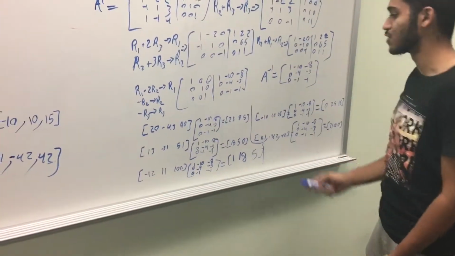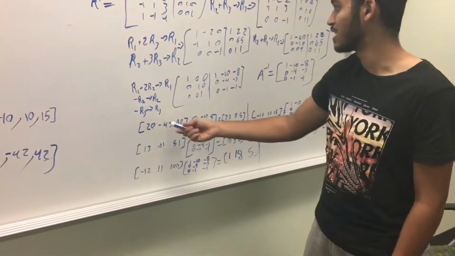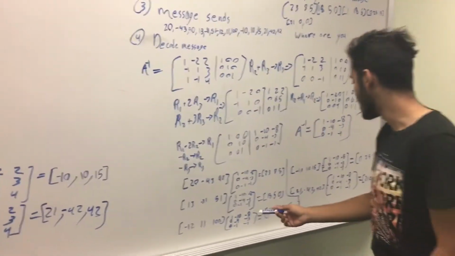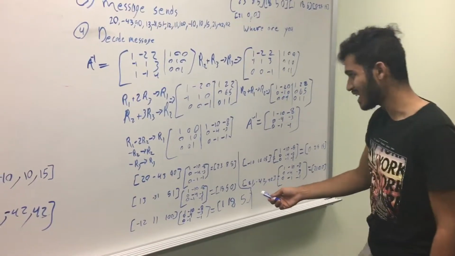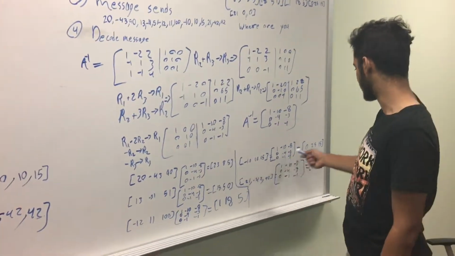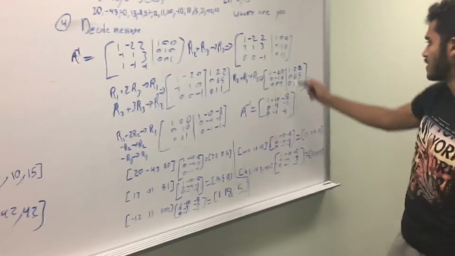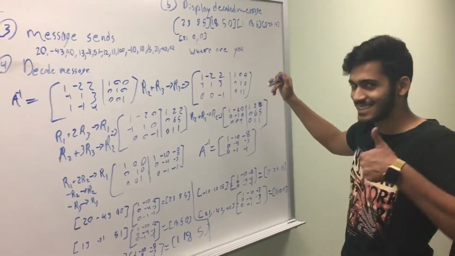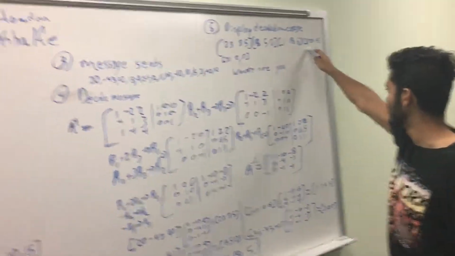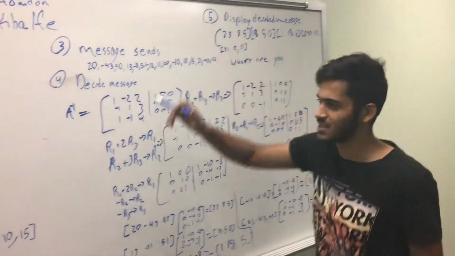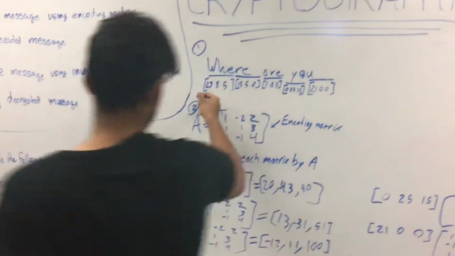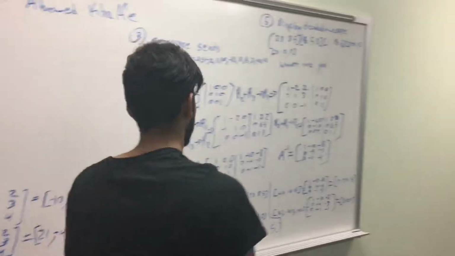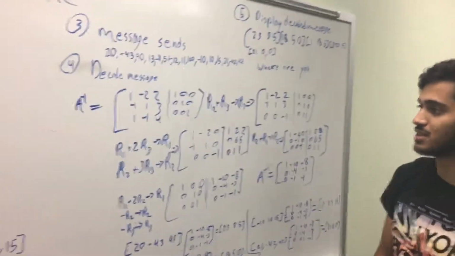After you get the inverse matrix, you multiply it piecewise by the encoded message matrix, which you got from step 3, and then you get a decoded message matrix. As you can tell, this matrix right here is the same as this matrix right here, which proves we have gotten the same message at the end. This phenomenon is important because in this day and age,